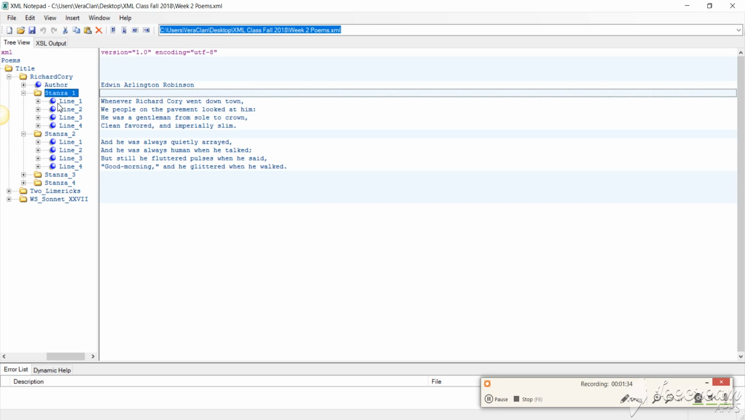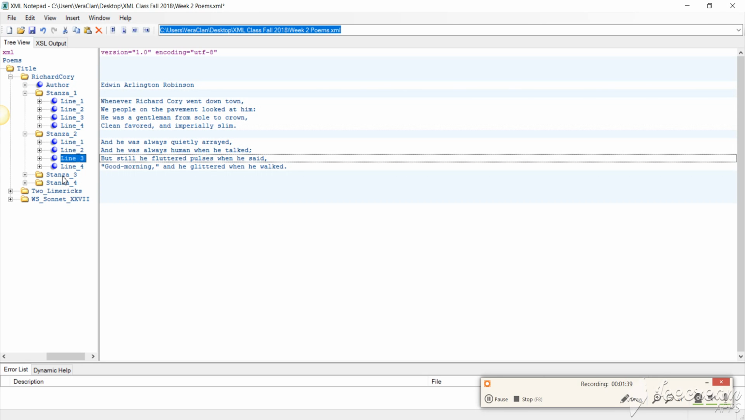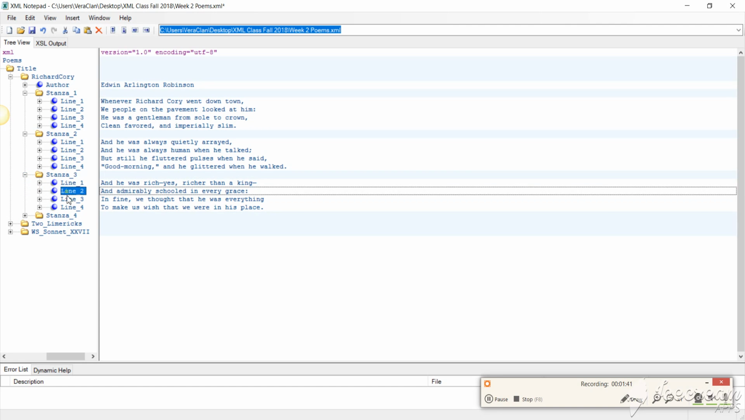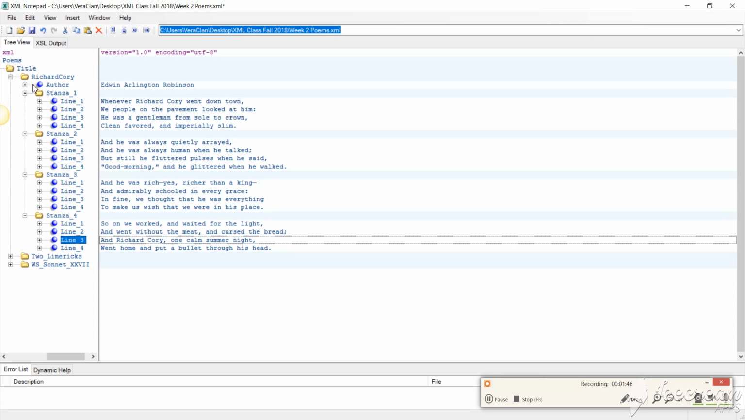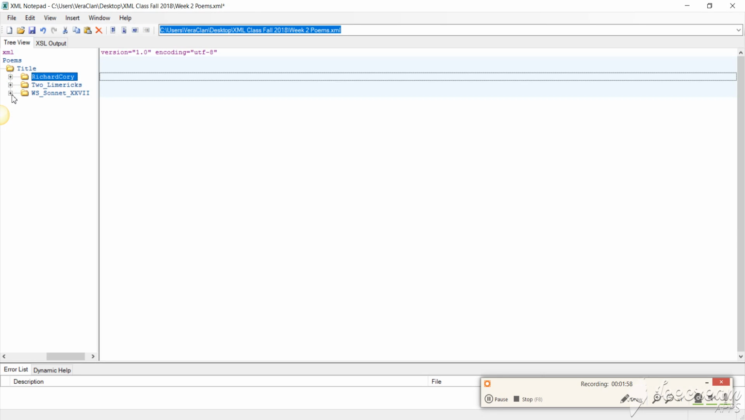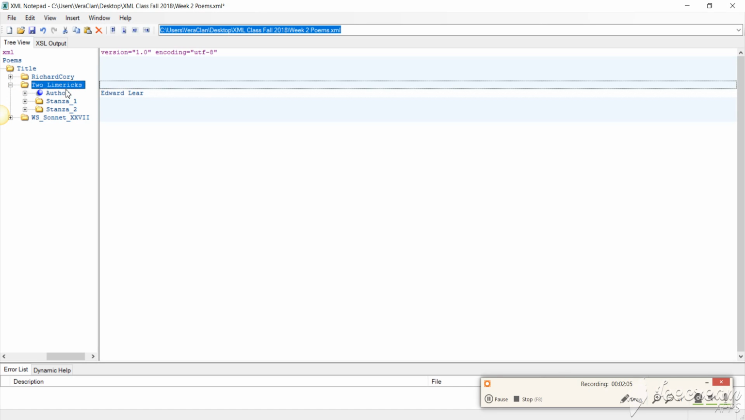So there's a stanza. Each one represents a line in the poem for each one. And each one is an element, a child element. So you have your stanza, you have your child element in each one, and then you can always just close that. The 2 limericks, there were multiple poems that popped up when I Google searched 2 limericks,